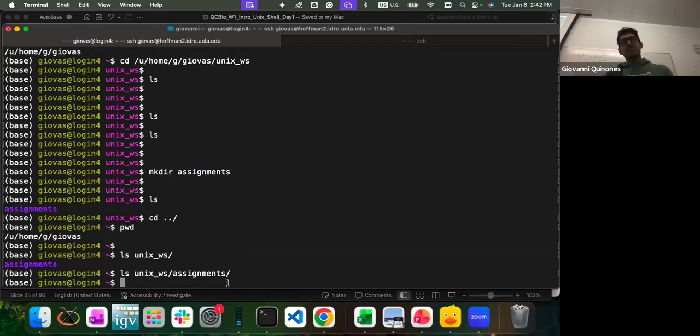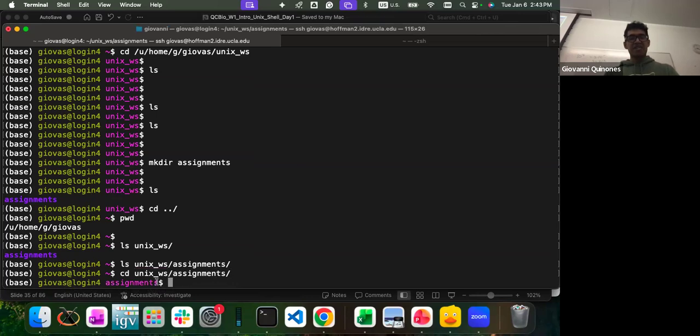Okay. So if I ask you to go from your home directory to assignments, this would be your relative path, right? I can do cd Unix. I'm going a little fast right now. You don't have to follow everything. As long as you're understanding, I'll give you time to copy and play around. But for now, I'd prefer that you just focus on understanding what's going on. So from my home directory, I can type in the relative directory, Unix dash assignments. And now I'm in my assignments folder.